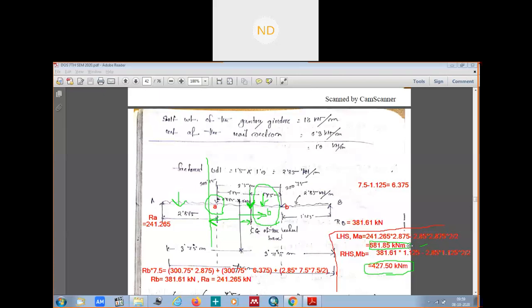So we always get the maximum bending moment at the nearest wheel. Whether you place wheel B here or wheel A here, nearest to the CG of the gantry girder, the maximum bending moment occurs on that wheel. Okay, so in this particular question we had done this where our A